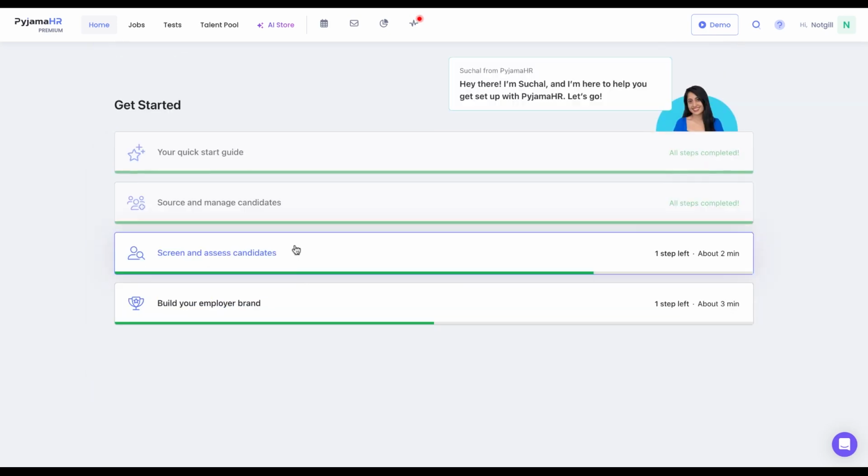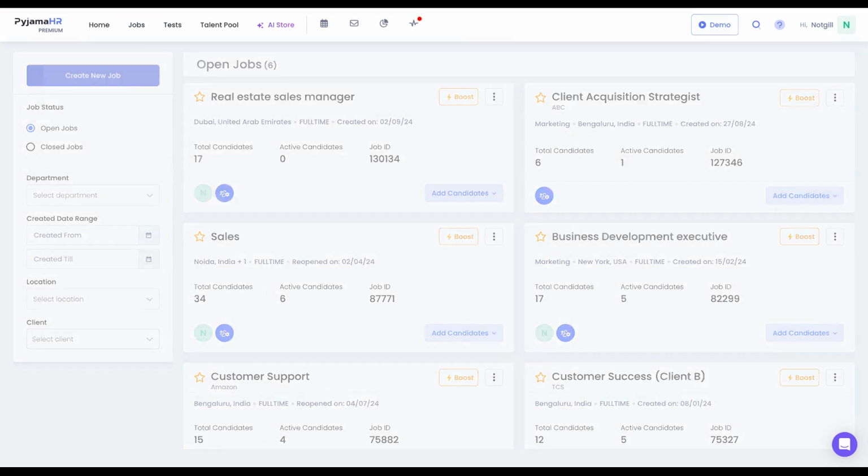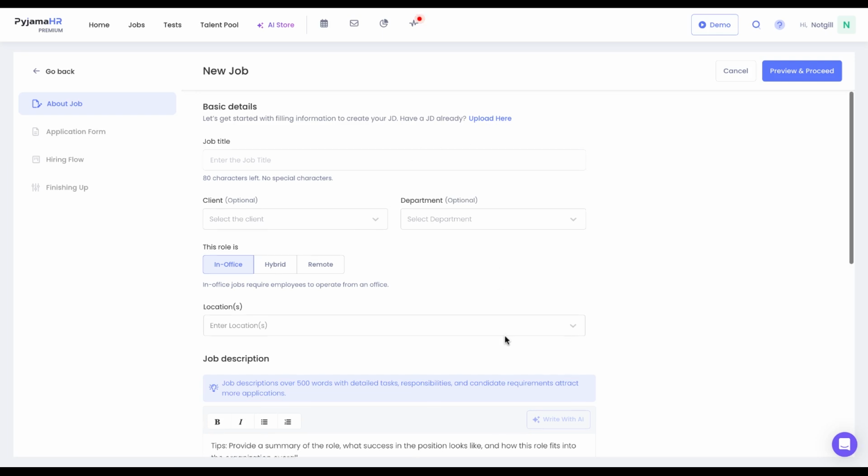The next tab is the Job tab. Once you finalize the job that you want to hire for, you just need to click on the Create Job. There are two ways through which you can add your job description. The first is either you have a pre-updated job description that you can directly upload, or else you can use